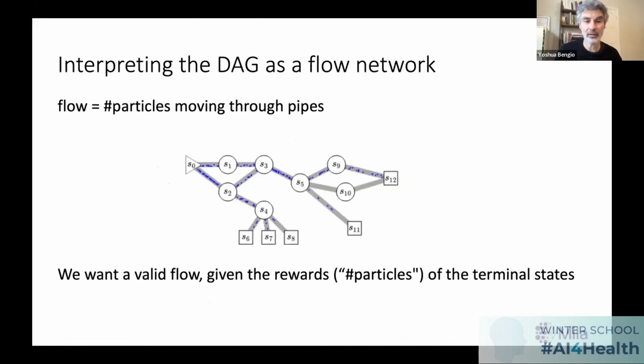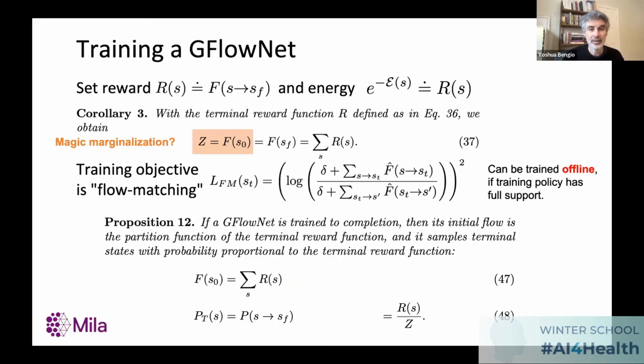Because if you go back to this figure, you can see that if we estimate the flow in every node and edge, we can read off the total flow here, even though we've not visited all the nodes. It's going to guess, based on things it has seen, how much flow should be everywhere. And so how much flow should be at the beginning is the total of all the flows, all the molecules' rewards. All right, so